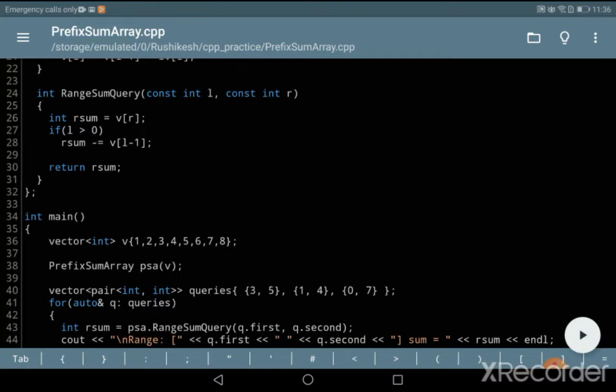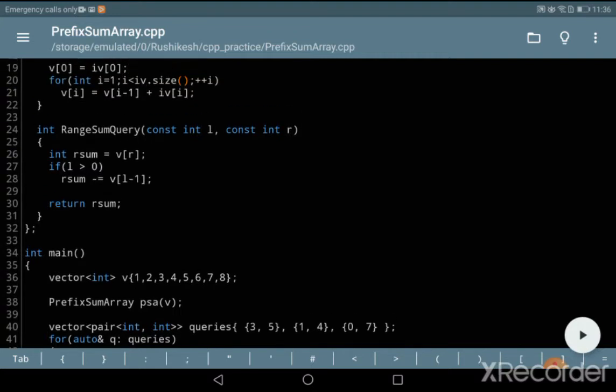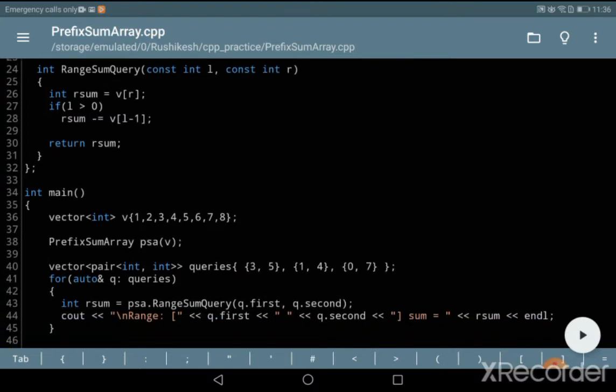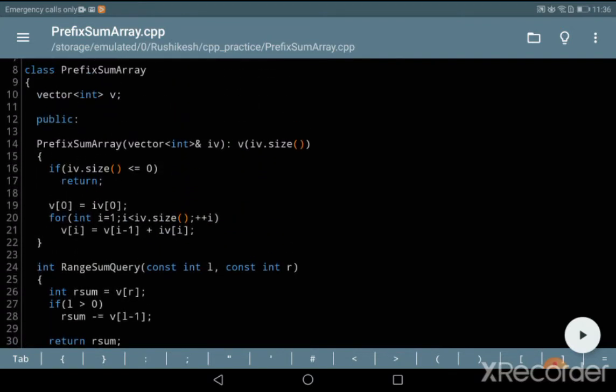So we fetch the value in the prefix sum array at R location, and if L is greater than 0, then we subtract the value at L minus 1 in the prefix sum array, and then we return that.